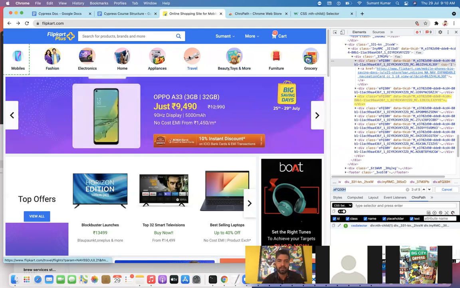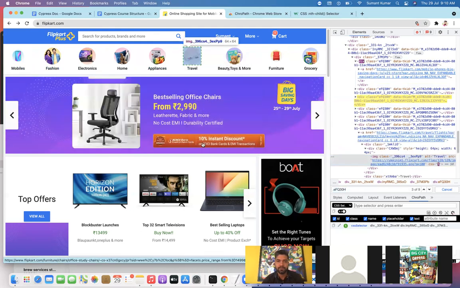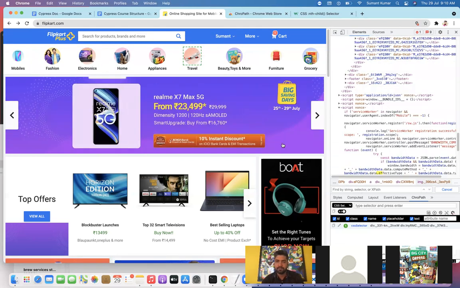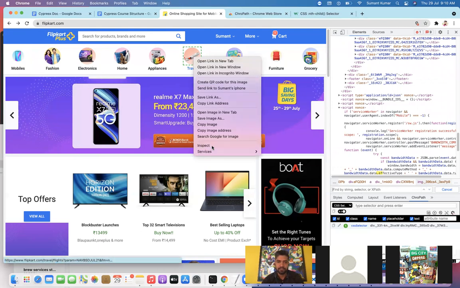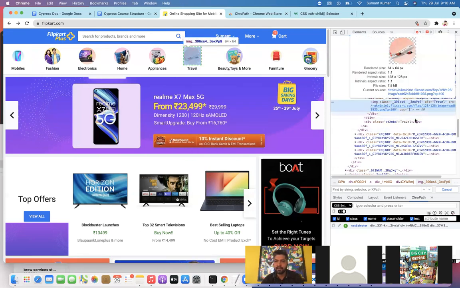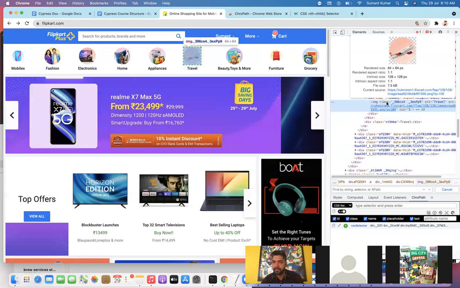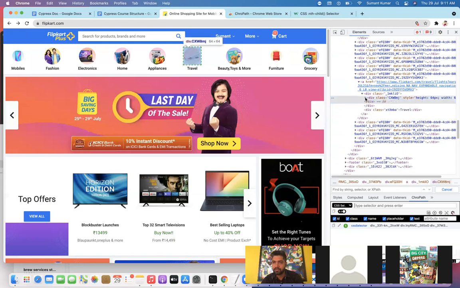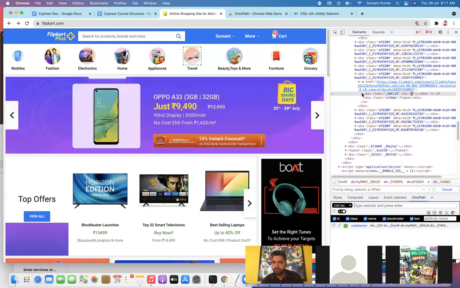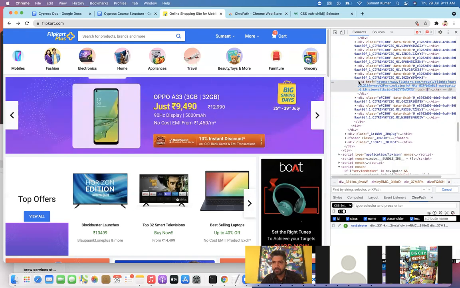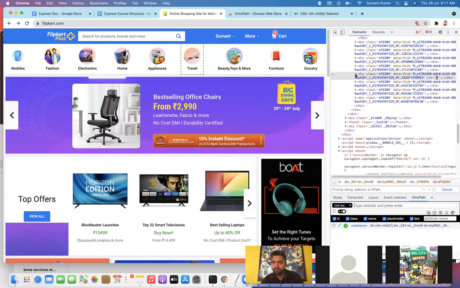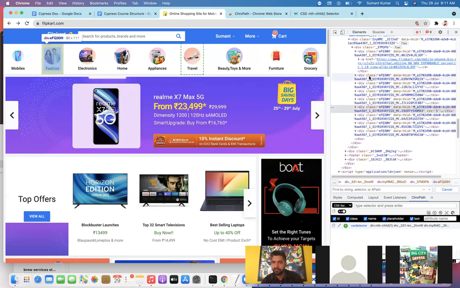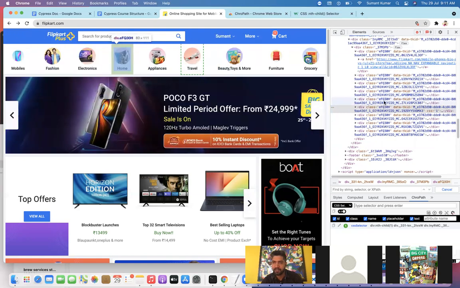So let's see, if you go to travel and inspect this one, here you can see which one is highlighted. One second, let me remove this, and I've used this one and inspect this. So you can see here it's highlighting here, correct? Now what you have to do is go upper, one by one. So you close this, then again you go upper, you close this, again you go here and you can close this. Now you can see there is a similar kind of structure, and you can see the same class: this class is same, this class is same, this class is same, right?